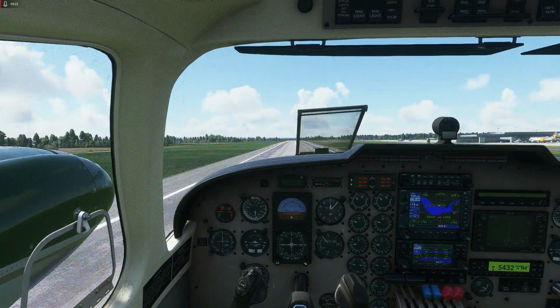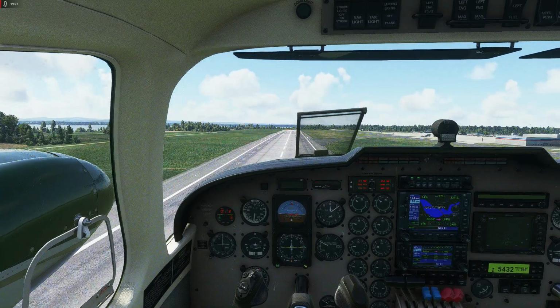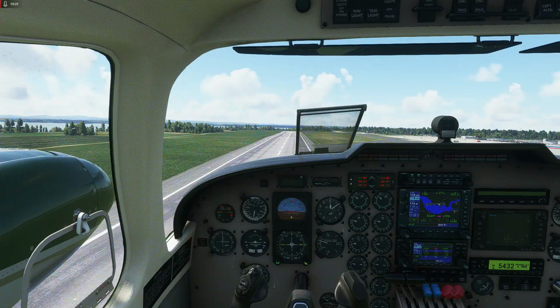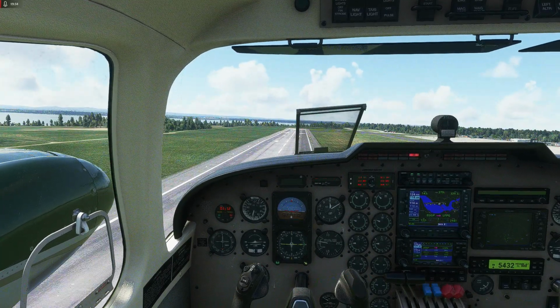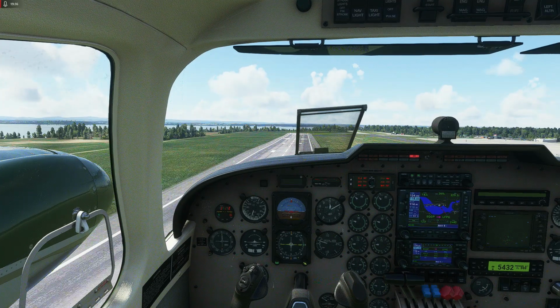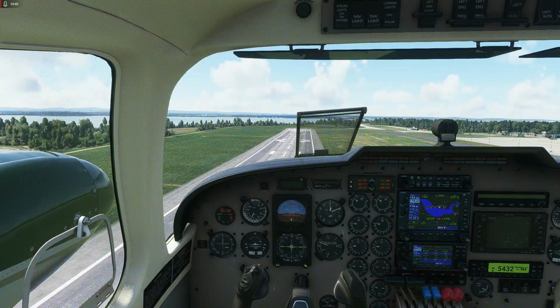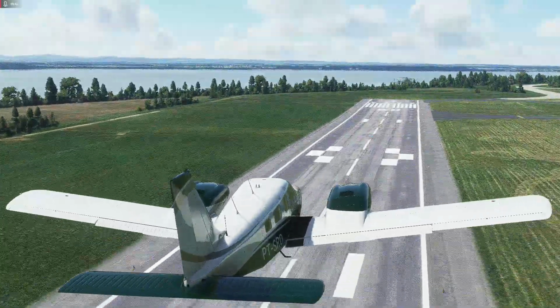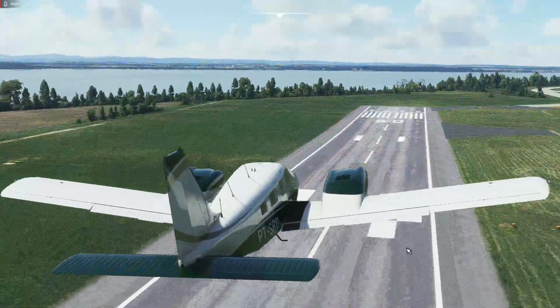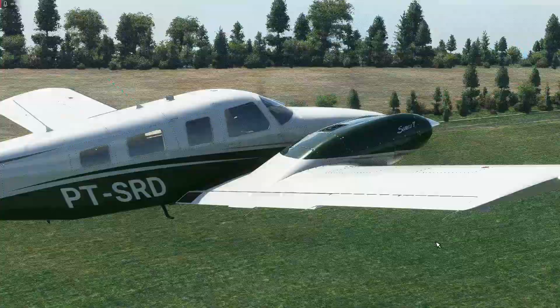I think I've got a bit of down elevator trim on here, so I'm furiously hitting the up elevator trim there. We'll get the gear up. It seems to be sort of trimmed fairly level now. Maybe give it a little bit more trim. And as you can see now, if I can zoom in a little bit,